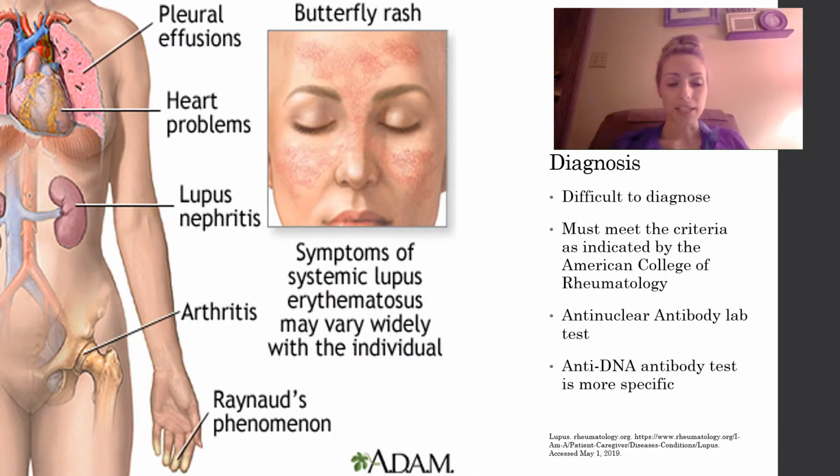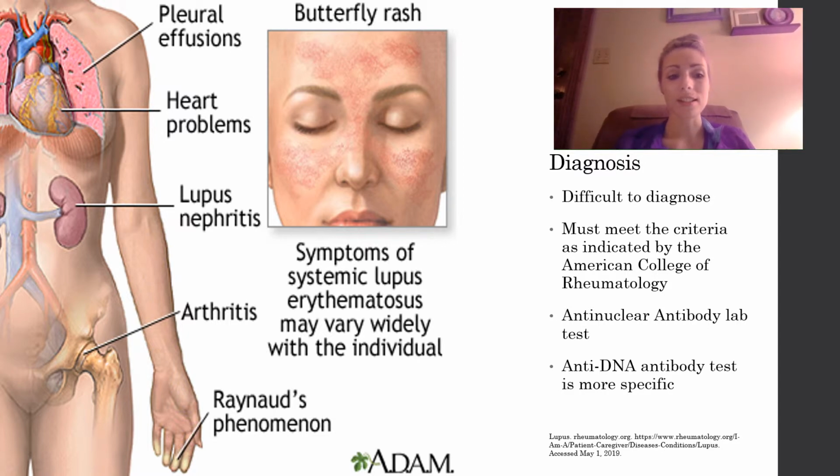So, diagnosing SLE. Because lupus can present itself in a variety of ways, as I previously mentioned, it's often difficult to diagnose. The American College of Rheumatology has defined 11 criteria to be considered for SLE, and 4 of them must be present in each individual in order to be diagnosed with lupus. So if someone presents with 4 of these following things, which I'm going to list, they have lupus. The criteria are as follows: a butterfly-shaped rash,